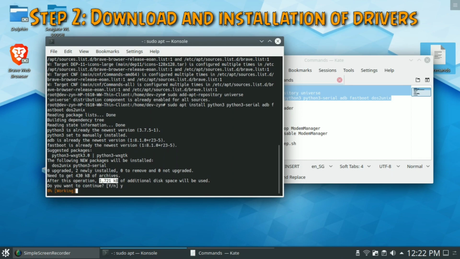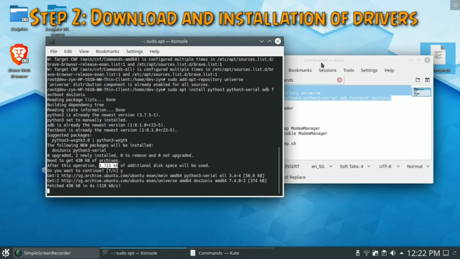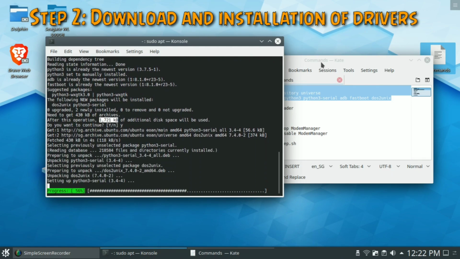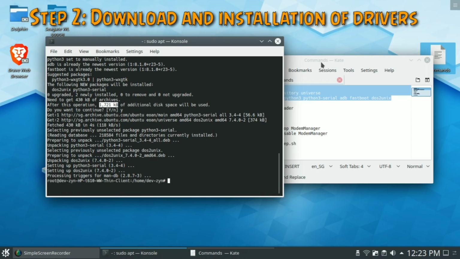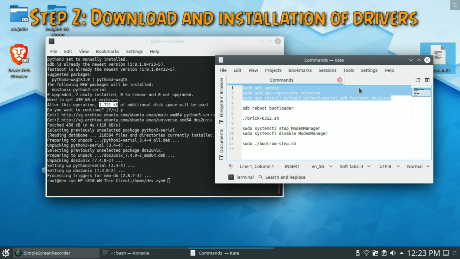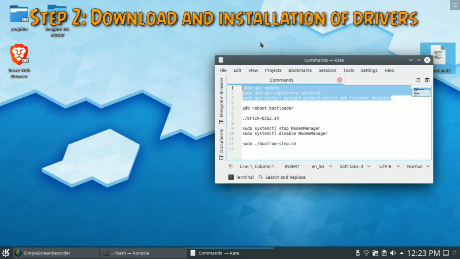You just click Y and you click enter, and it will install it. All right, now all the drivers have been installed. So what you need to do is you just minimize this, and